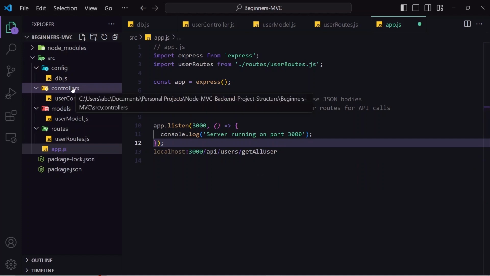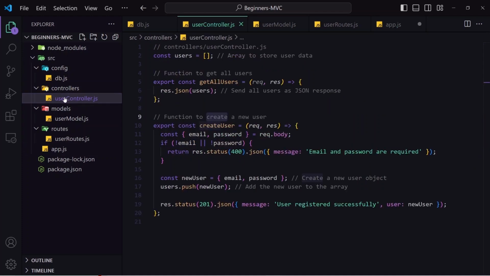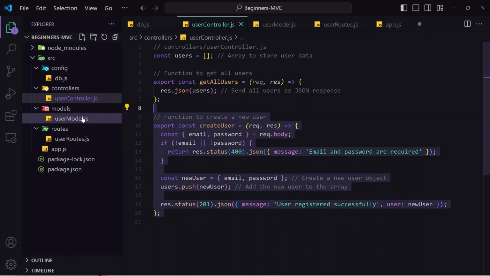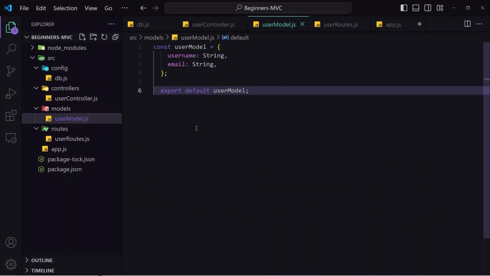For admin, first I will make the controller where I will write the actual business logic. So in controller for admin, let's say we have written the delete functionality. So here I will create one folder admin controller. In that I will write the code for delete. Inside model, if it is necessary, then we will create the model. Otherwise, we can use this model also.